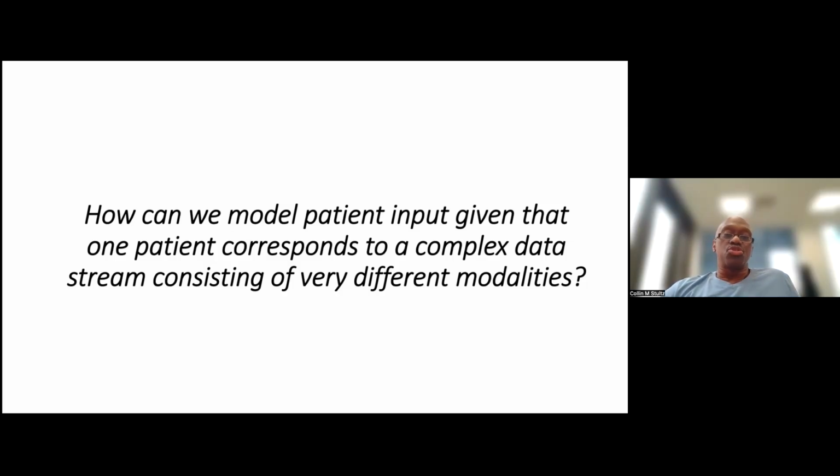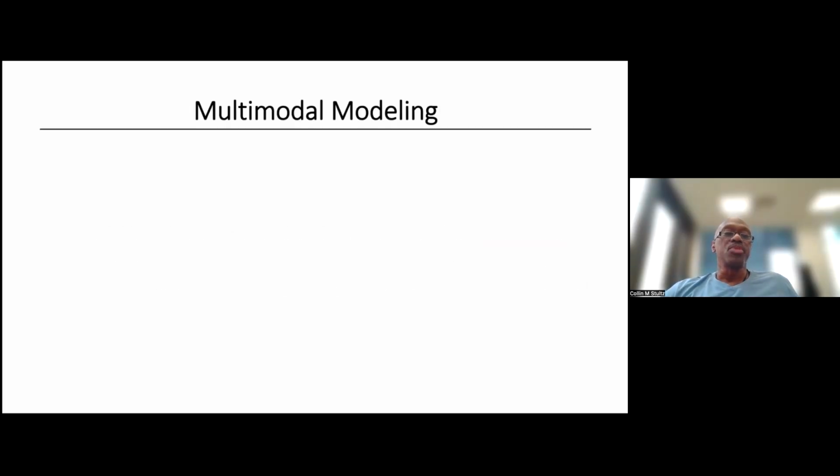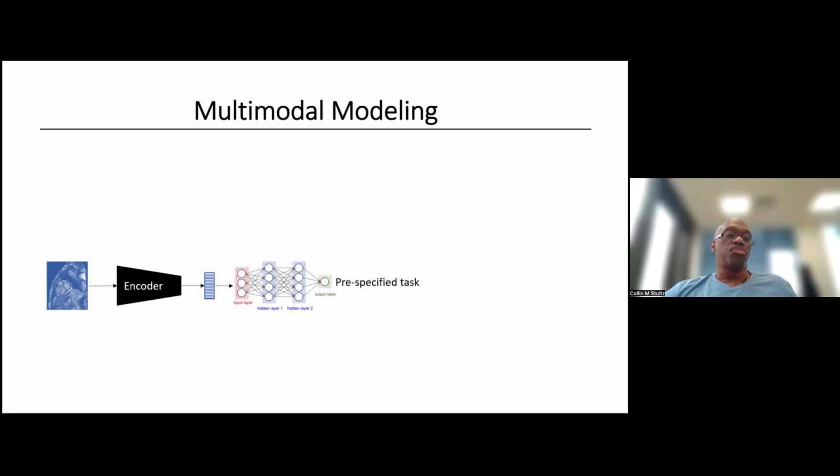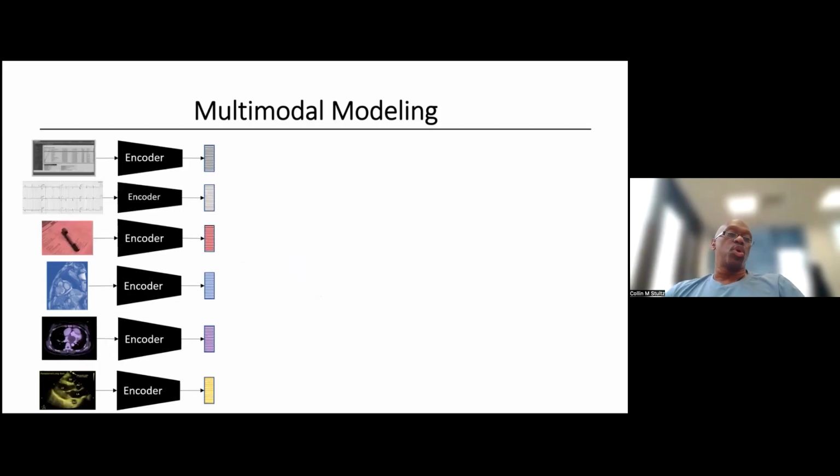So it brings us to multimodal modeling. So we have a variety of different data inputs. They all look very different from one another. How would one approach this for looking at a particular task of interest? Well, the most straightforward thing is, if you've got a single modality, you can focus on that. You can build an encoder, something that translates this complex image into something that typically is of lower dimensionality that you can use to put into a program to accomplish some specified task. Now, the issue is, what do you do when you have many of them? And they're all very different.